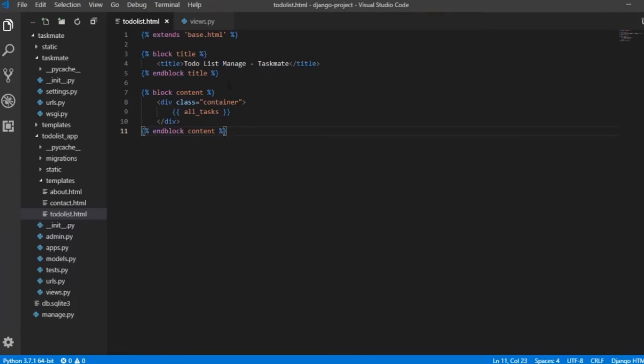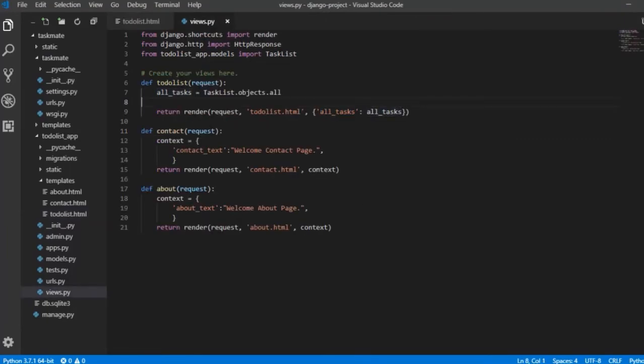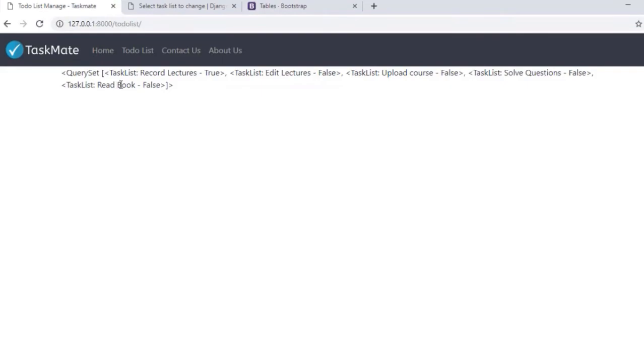So for now, I hope you understand our logic. What I did is I just imported our model and then fetched all the content inside my all_task variable, which is a list. I passed all the content inside a key and value pair, and now this key contains all my tasks, that is my complete list. So whenever we print this one, we are going to get this list.